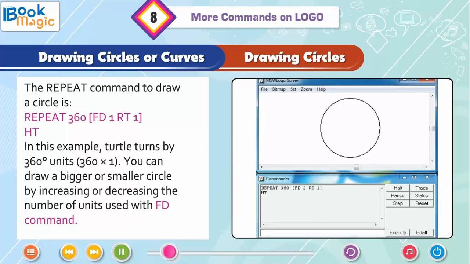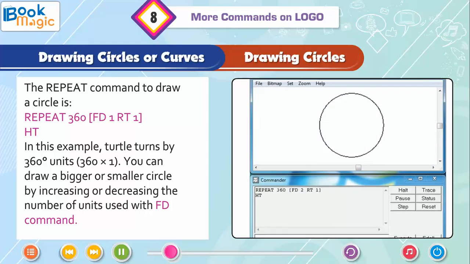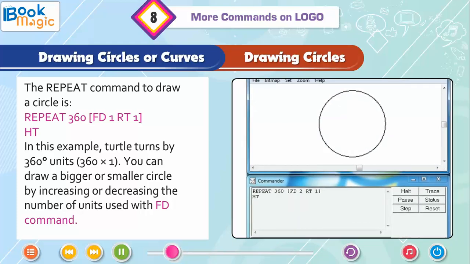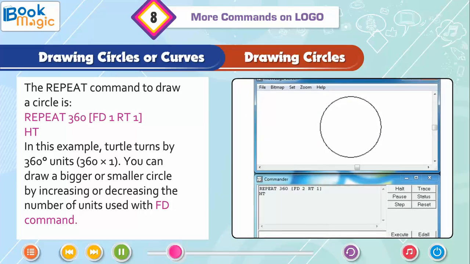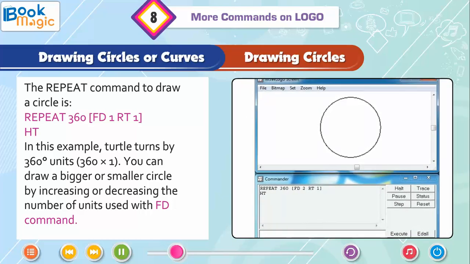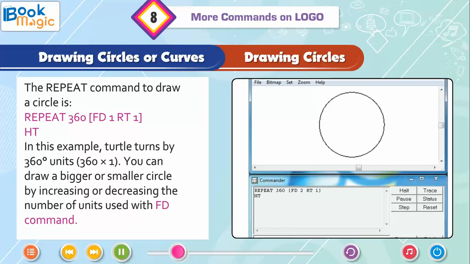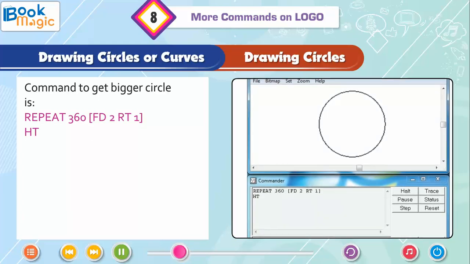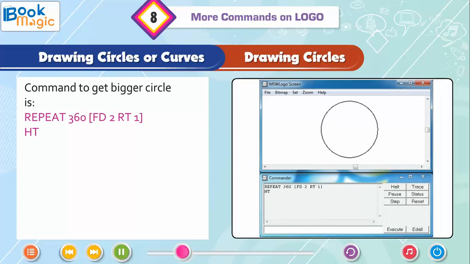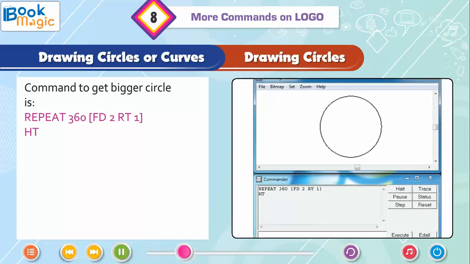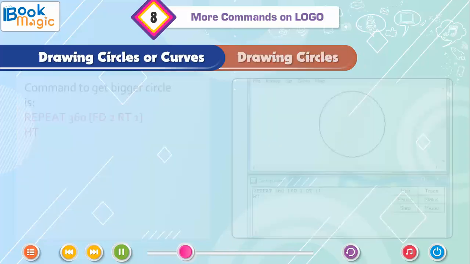In this example, turtle turns by 360 degree units, 360 into 1. You can draw a bigger or smaller circle by increasing or decreasing the number of units used with FD command. Command to get a bigger circle is repeat 360 FD 2 RT 1 HT.